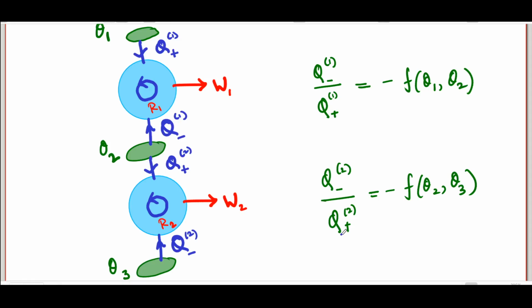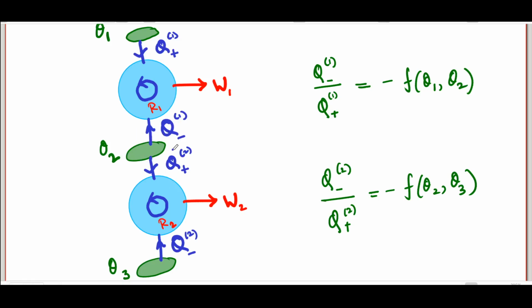Now we are going to do something which you should expect by now. Here you have one cycle and another cycle, two different cycles. Can we put them inside one engine? And more importantly, can I also put the reservoir here inside that engine? With the working substances of the two cycles, there is no problem because they are actually undergoing cycles. So they are back at the original state.